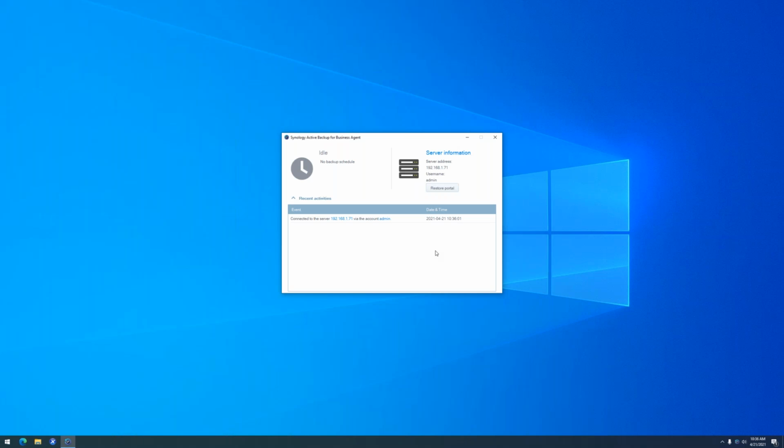So if you're the administrator for the system, you don't have to go in and find their files for them. They can go in and restore it themselves. And once it's set up, it's good to go. It'll just run in the background on its own. And the user can't log out of it either. It'll ask for an administrative password to log out of it. So the client is super simple. It's meant to be completely hands-off, and all the work for setting it up was done on the NAS.